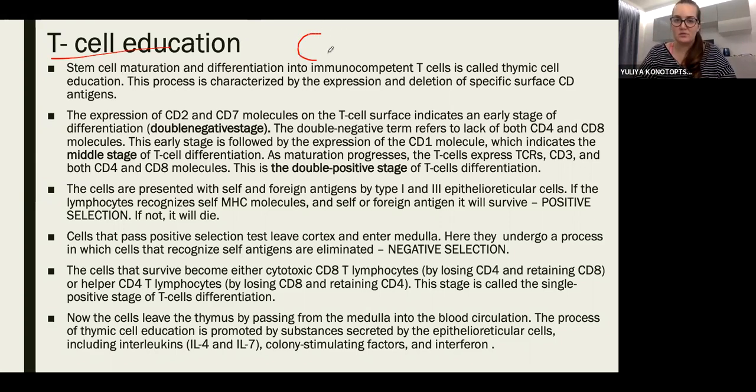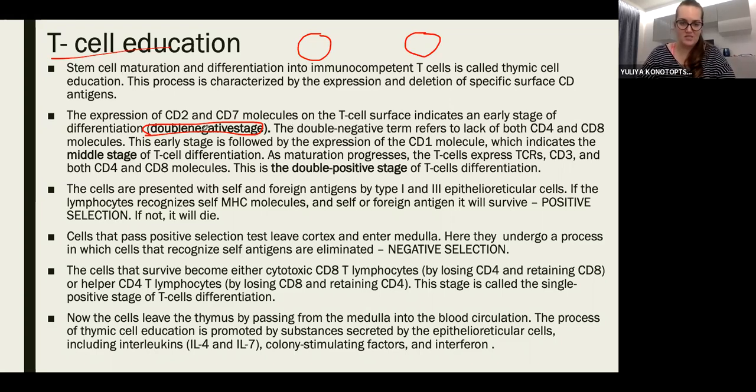I have 2 cells, T lymphocyte number 1 and T lymphocyte number 2. They are undifferentiated T lymphocytes. It's not a cytotoxic, it's not a T helper. So what is my first stage to do to those baby T lymphocytes? I push them through a double negative stage. Double negative stage, the name tells you, they lack something, right? So let's not focus on what they do not have. Let's focus on what they do have. So what do you gain